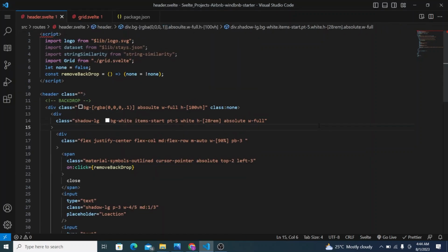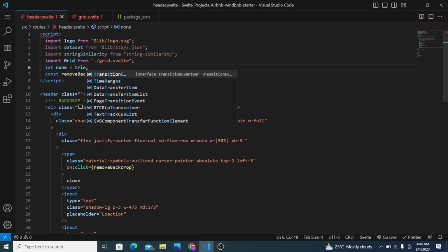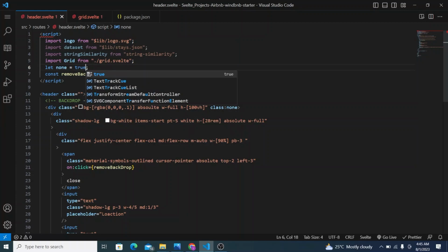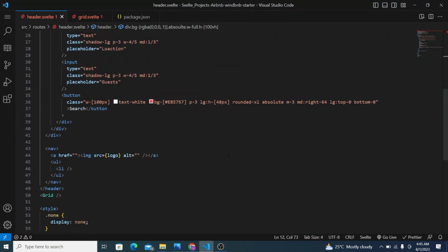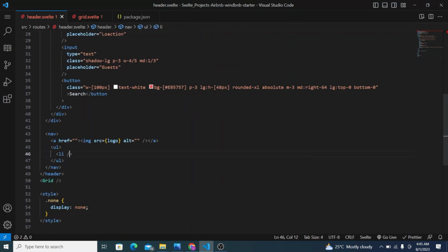So it's open by default. Maybe it opens it when none is actually false, which is weird. None, true. That's going to remove it by default. We don't want to see it by default because we are building the navbar part of the website. Now,